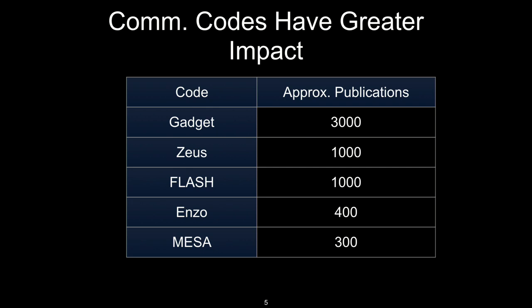And actually MESA, this module for experiments in stellar astrophysics, is relatively new. The MESA code paper came out in 2011. And so since that time, over 300, maybe close to 400 publications now have resulted from the use of MESA, relatively new community code. And so that impact has just been exponential, quite dramatic.